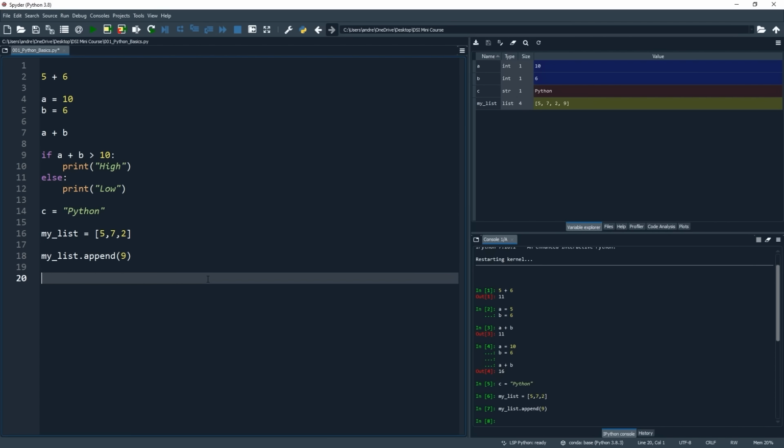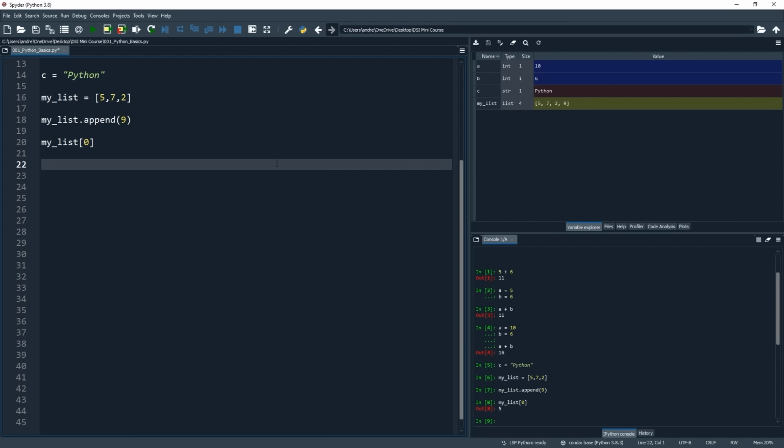We can also access certain elements from our list if we need to, and we do this by asking for the element at a certain position or index. In Python, the very first element in a list, which here is the number 5, is known to be at index 0. So if we wanted to access that element, we would do my list and then square brackets, and we would specify the index position that we want. So if we put 0, and we run that line of code, we can see down here in the console that we are returned the value 5, which exists at the 0th position or at index 0.